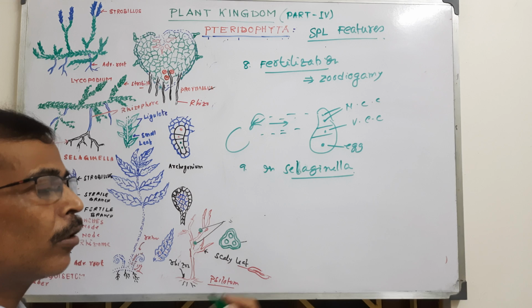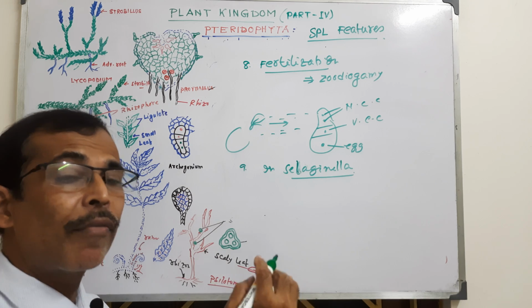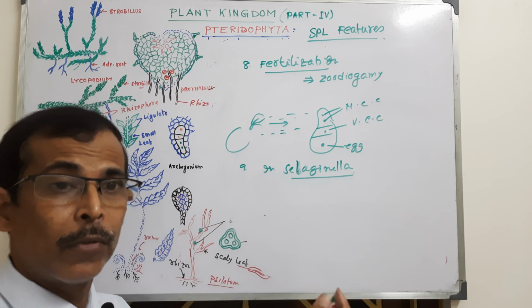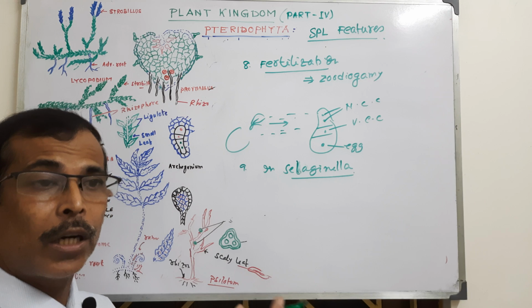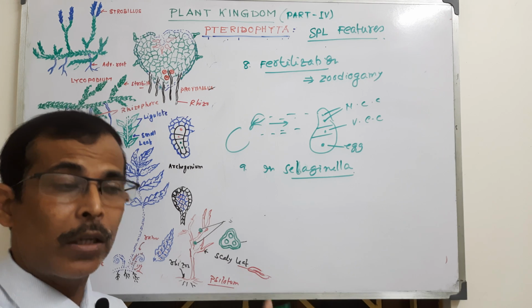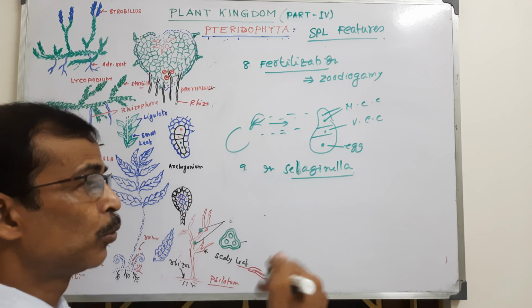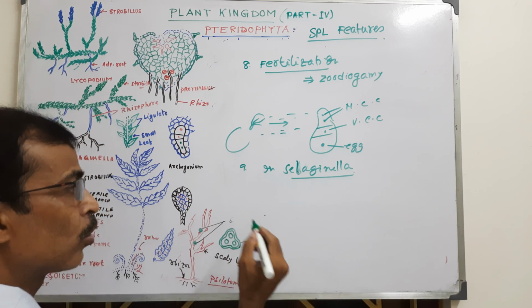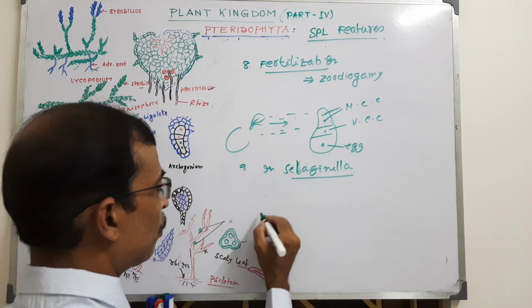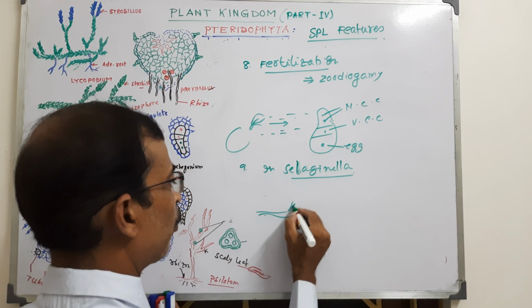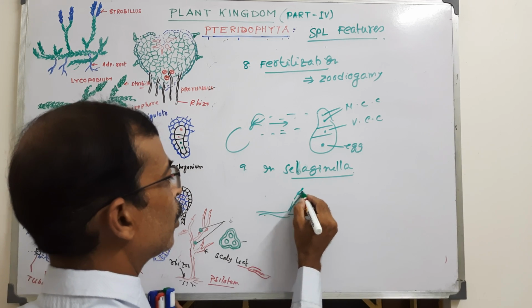This also happens in the higher group gymnosperm, where the ovule possesses archegonia, and within the archegonia the embryo develops for the next generation. Suppose this is the sporophytic body, and this is the spike,